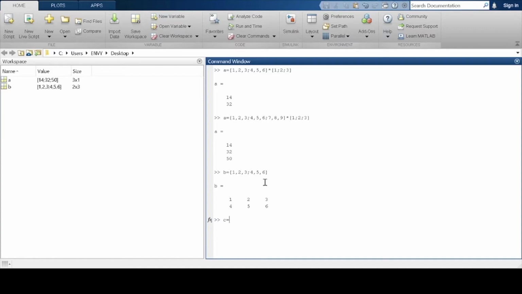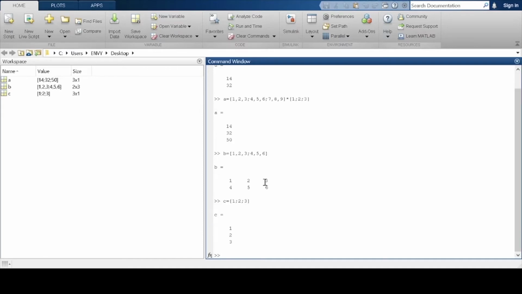this is the matrix and this is the column vector. So B and C. We see that the number of entries or columns is equal to the number of rows in the column vector. So that's why the multiplication is happening.